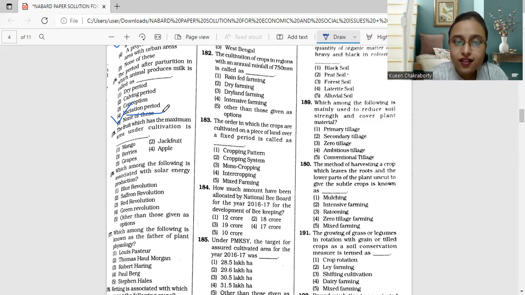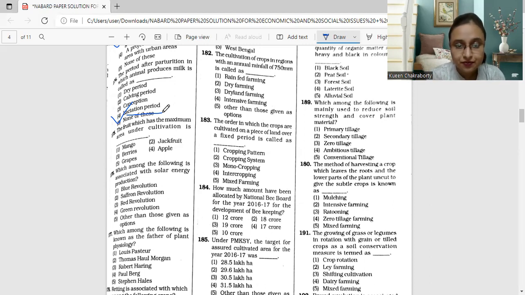The fruit which has the maximum area under cultivation is mango, jackfruit, berries, apple, or grapes. Mango, or as the scientific name is Mangifera indica Linn, is the most important fruit in India, and it is known as the king of fruits. This fruit occupies around 22% of the total area under fruit, comprising 1.2 million hectares with a total production of